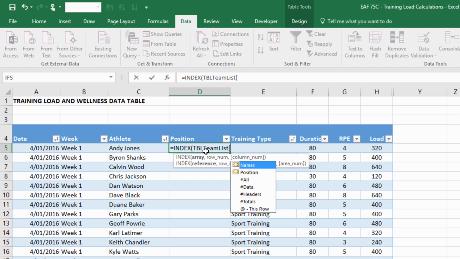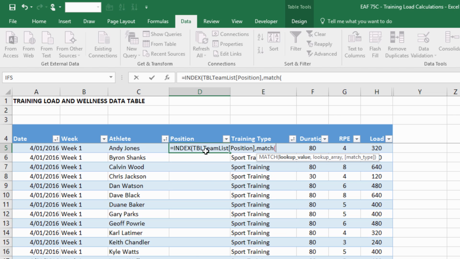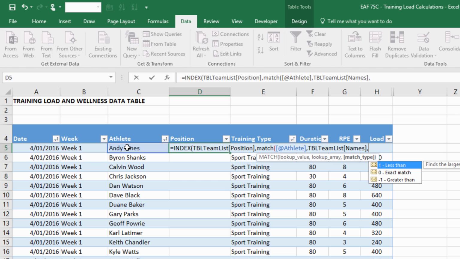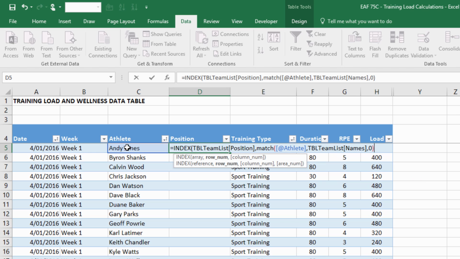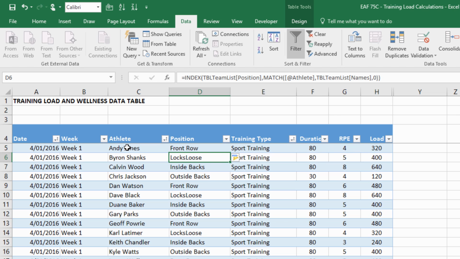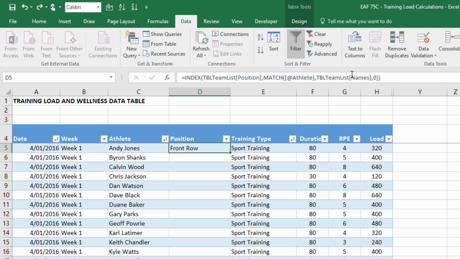Hit the square bracket, and on a PC, it's really easy to find which field I'm looking for. So I'm going to return their position by looking up with the MATCH function, player name, in the team list table, in the names column, and this time it's an exact match. Keep hitting the brackets until the formula tip disappears, and if I hit enter it copies down. Going to undo that